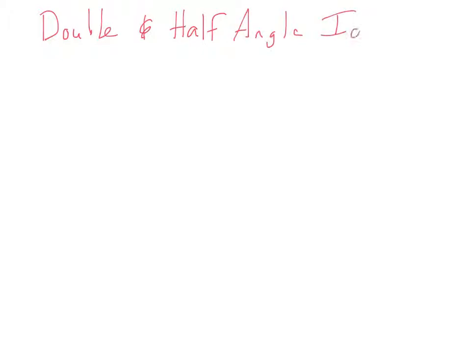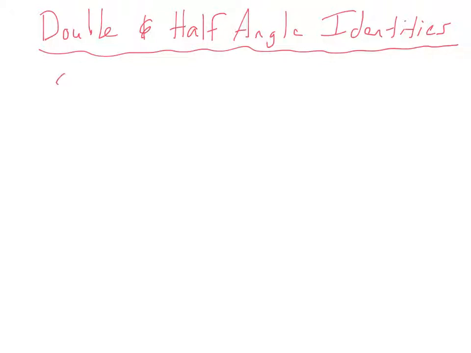Today we're going to look at the double and half angle identities, which are very easy to derive once you have the sum and difference identities. So for instance, we know that